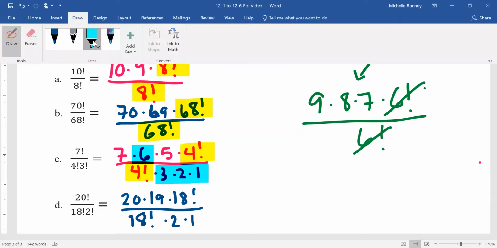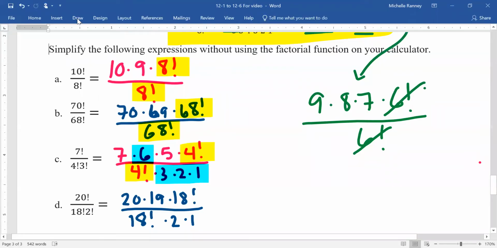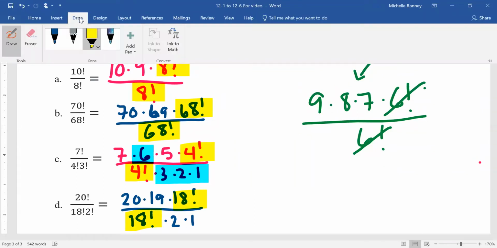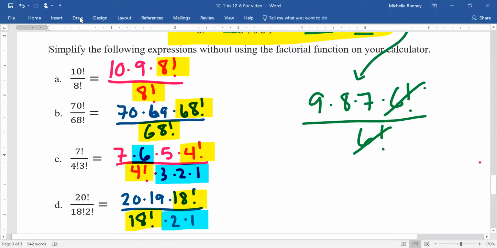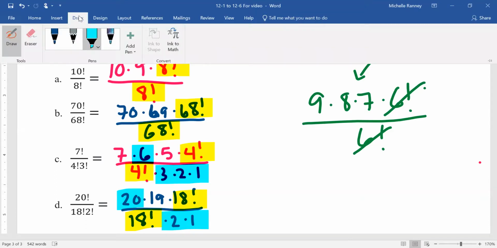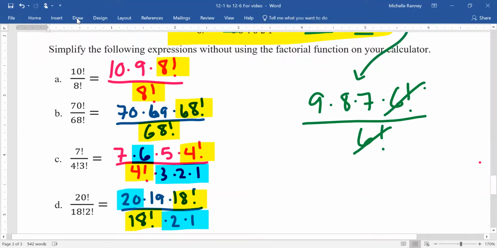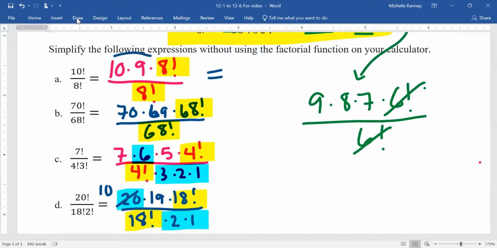On the bottom one, my 18 factorial is going to cancel out with my 18 factorial. And then my 2 times 1 can cancel out with part of this 20, leaving me with 10. So now when I do this math, on the top one, I have 10 times 9, which is 90. Here I have 70 times 69,